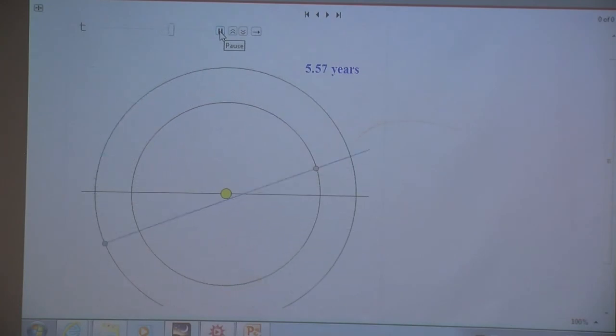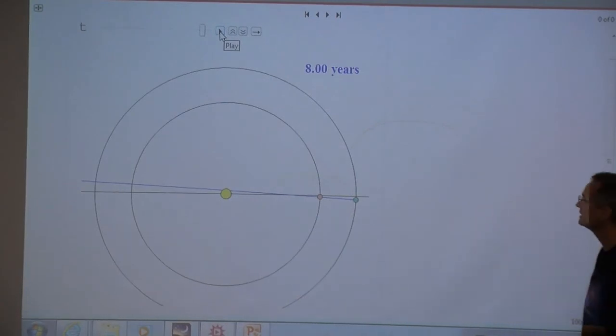It's an interesting coincidence that Venus's orbit happens to have this connection to the Earth as far as the timing goes. So 6.4 years. And now, what's the next time? 8.0, which suggests they should be back where they started. I can't believe I stopped at that perfectly. Wow. I practiced that in my office, I'll tell you.